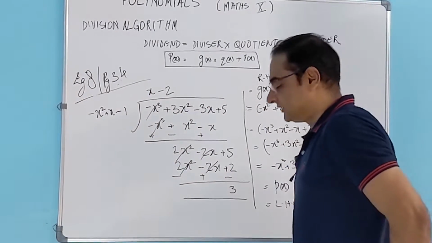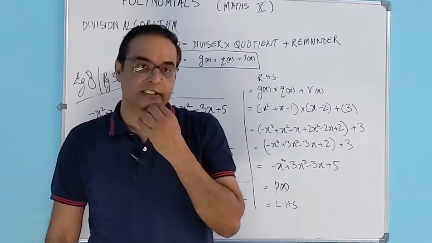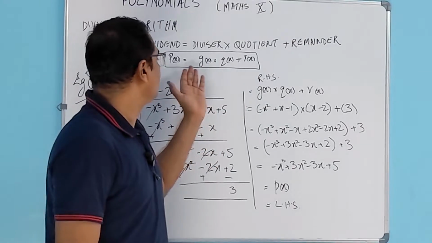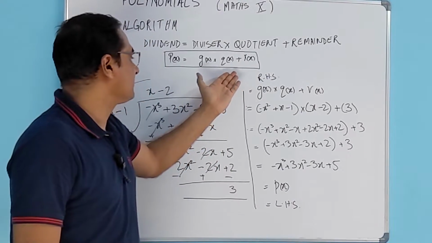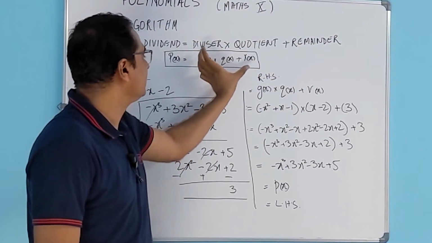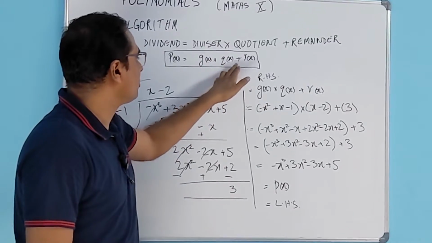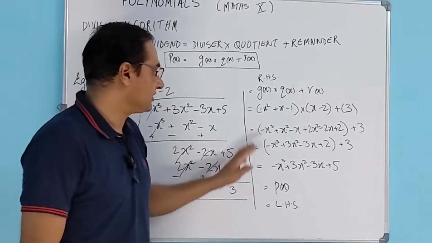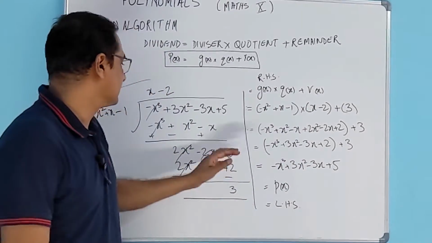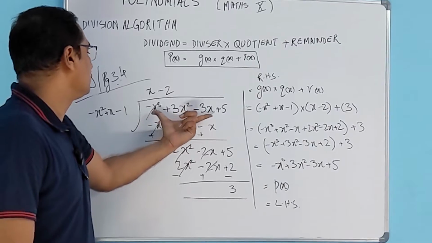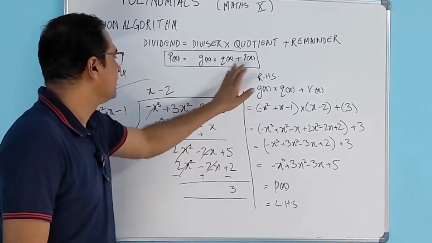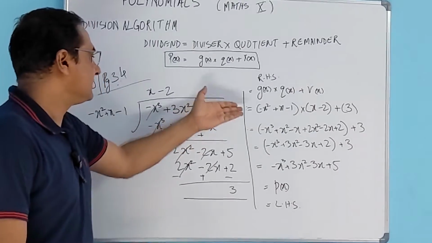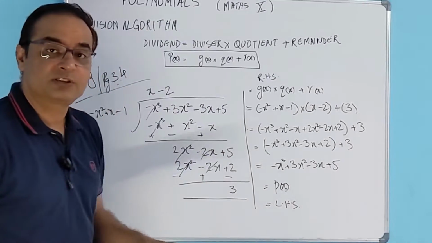Now since we have all these details, how do we confirm the division algorithm for this? We already have the form in which we can write that. So what do we put? We take the right hand side, which is divisor, quotient and the remainder, and we put all these values which we have got from the division, and then we calculate this. When we calculate this, if we finally come to the dividend, which is represented as px, then this division algorithm holds true.